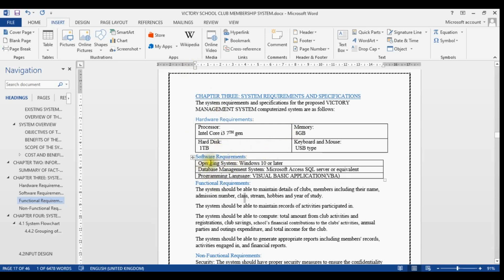If for instance you also used some printers, you can tell us the type of printer that you used. If it's a laser printer, an inkjet printer, or a diesel printer, you can mention that here. Then after mentioning all your hardware requirements, you have to specify the software for them to use this system